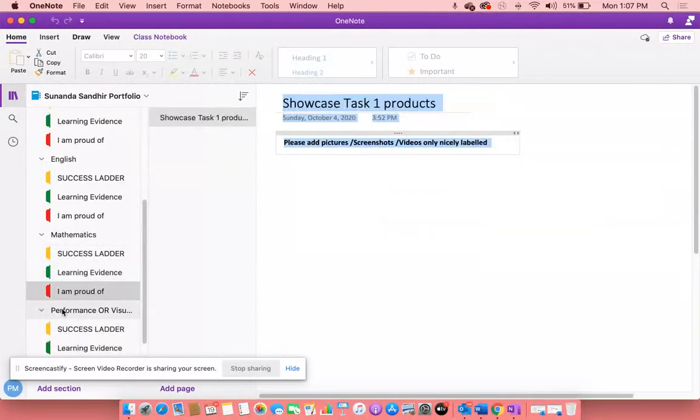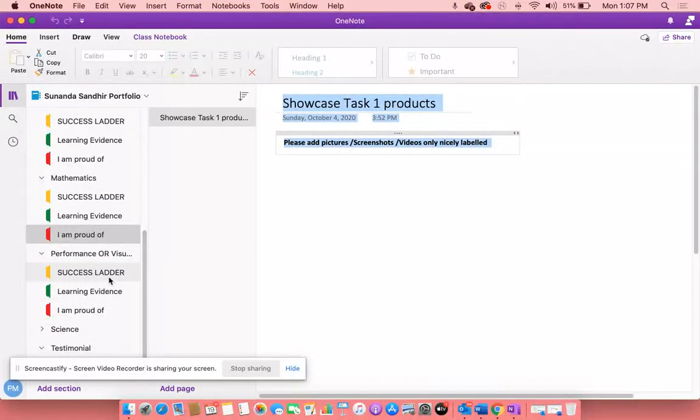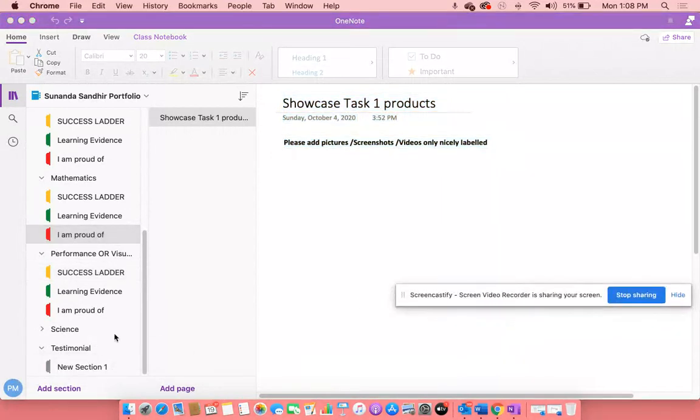And out of performance or visual art, you choose one subject, which means you choose either visual arts, drama, dance, or music. Any one out of these four, whichever one subject. You don't need to showcase everything. You're more than welcome to do it for two by adding pages if you want, but that may be time consuming. So choose any one which you would like to showcase over here.